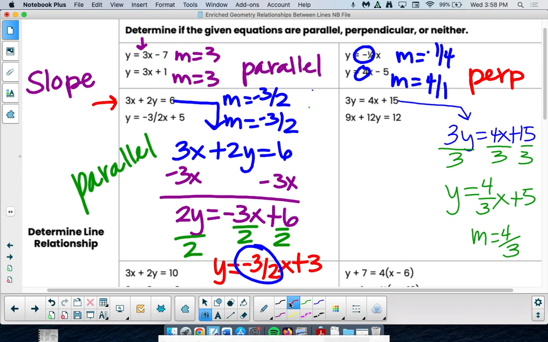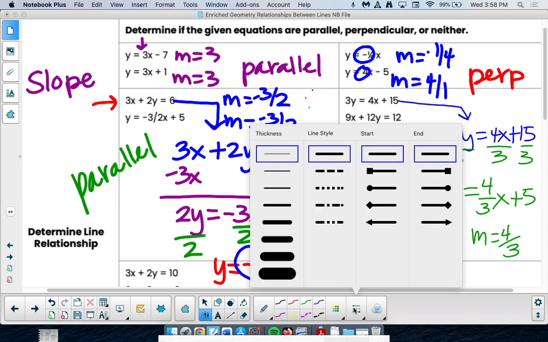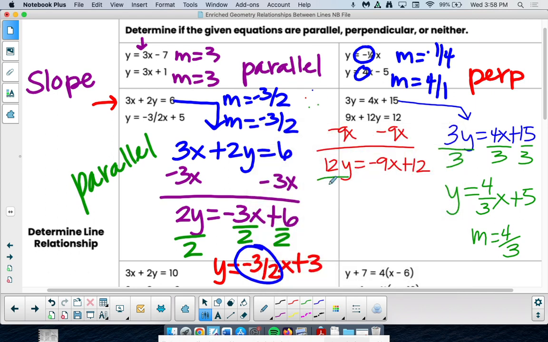Okay, let's try the next one here. Again, not in slope-intercept form, so we've got to get this equation into a convenient form for us. So I'm going to subtract over 9x. 12y equals -9x plus 12. Last step, how do we get y alone? We simply divide by 12. So y equals, can we reduce -9/12? You should be thinking yes. 3 goes into both of those, so